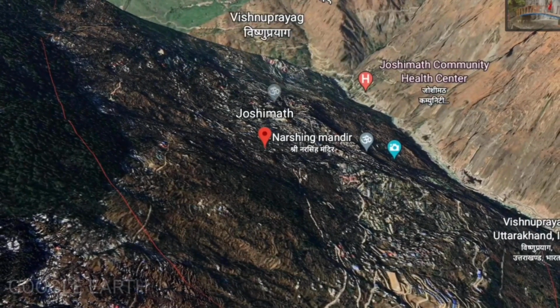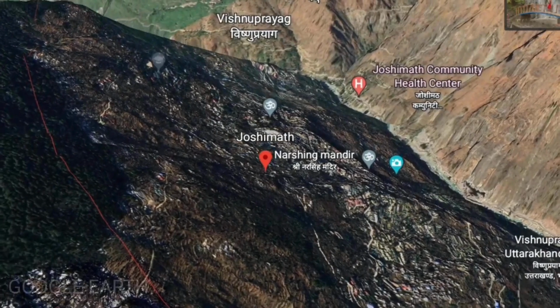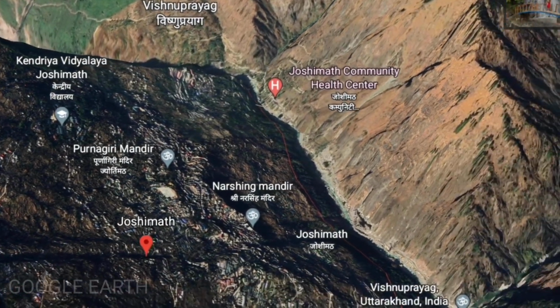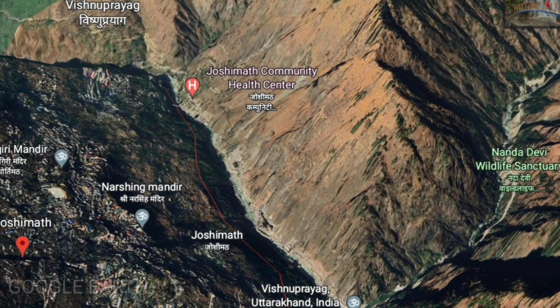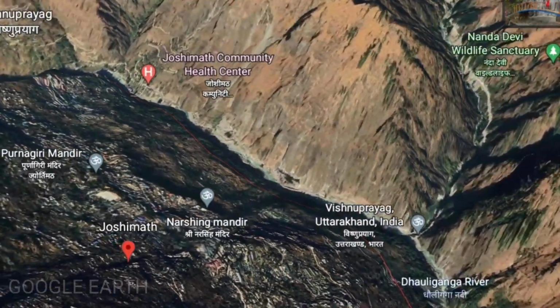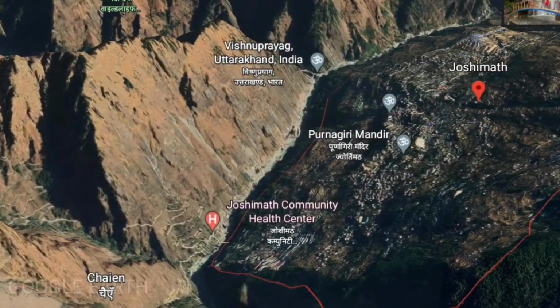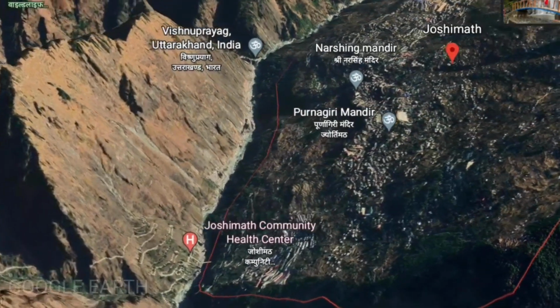The 6 km Helang Marwari bypass, being built by the Border Roads Organization (BRO), is also under scrutiny for weakening slopes and further destabilizing the local topography. The bypass is part of the 825 km Char Dham highway expansion project in Uttarakhand, which experts have already questioned for unscientific slope cutting, which resulted in several landslides.